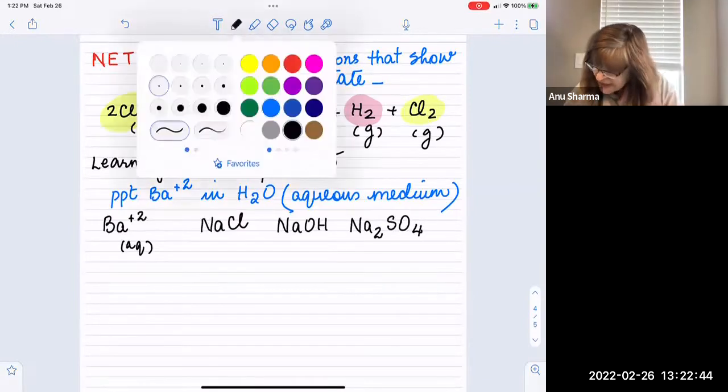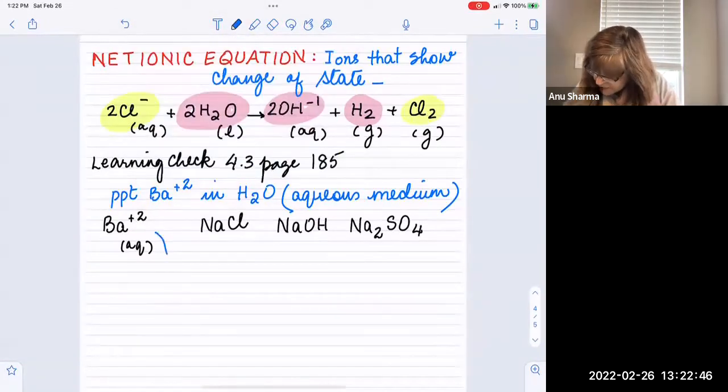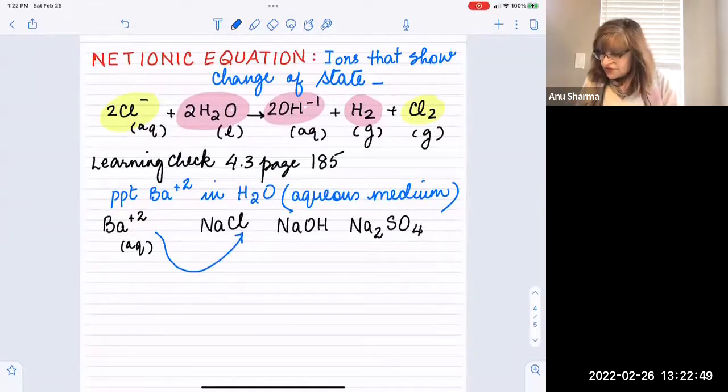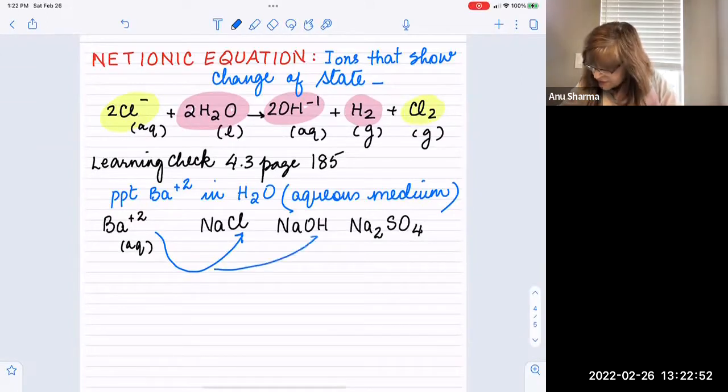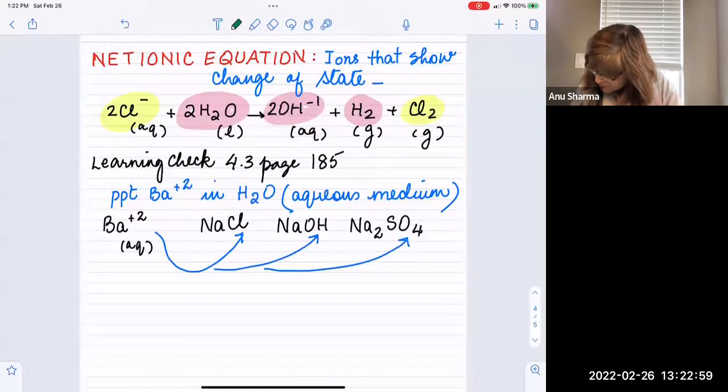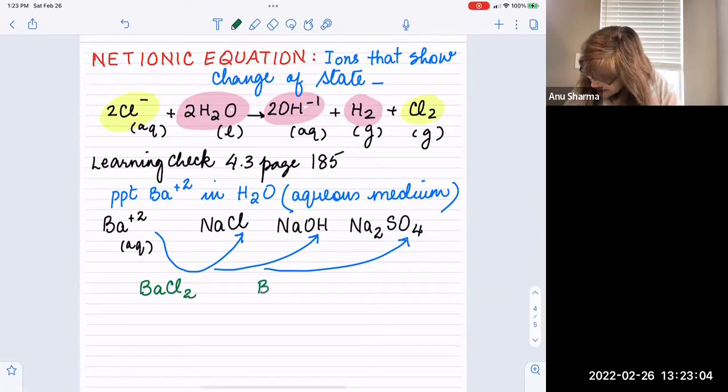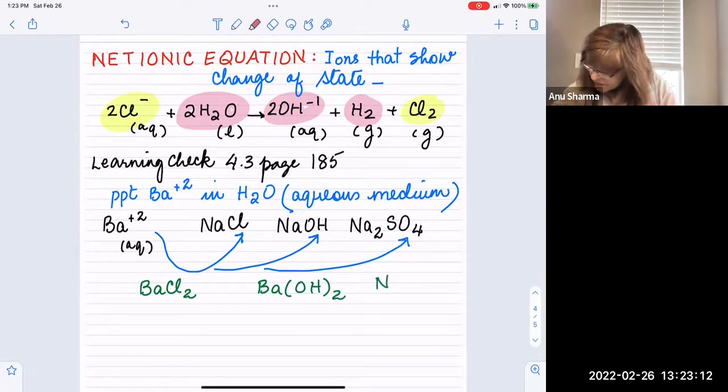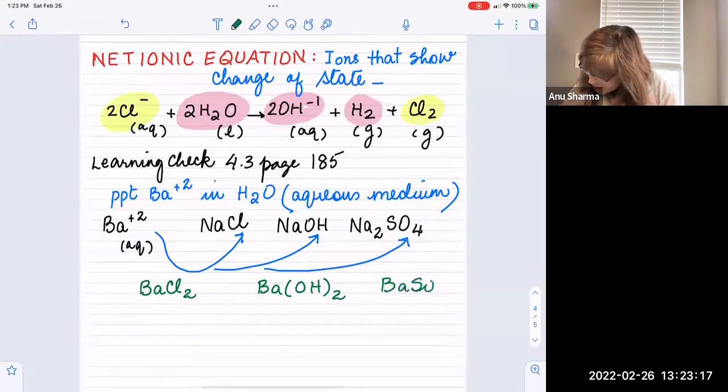So in other words, barium is going to combine with the non-metal side. So it could combine with chlorine, could combine with OH, and can combine with the sulfate. So what are the three things that are formed here? The things that are formed are BaCl2, here you have Ba(OH)2, and you have BaSO4. So this is aqueous,